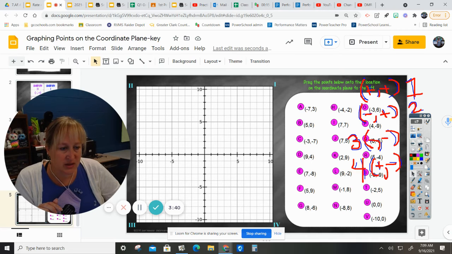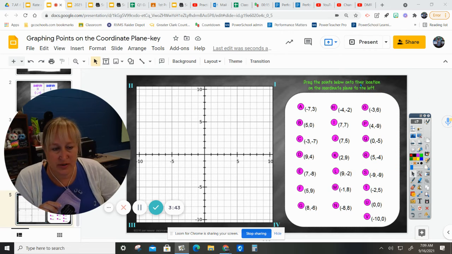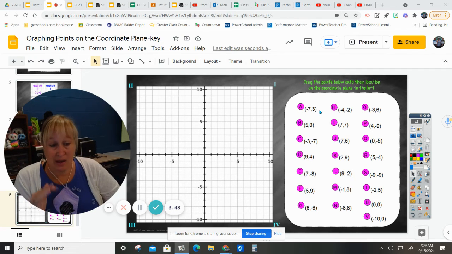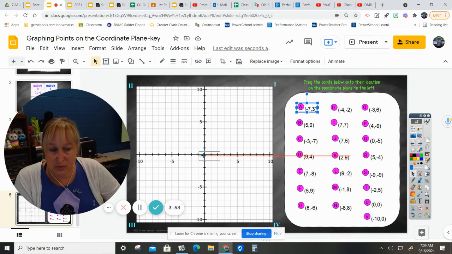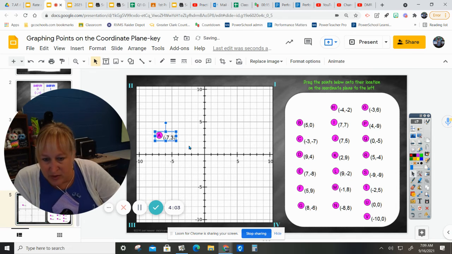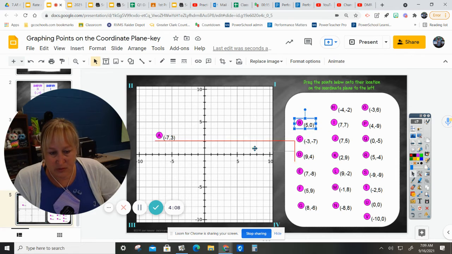Okay, so on this slide, we are going to drag the points to their location on the coordinate plane to the left. So we are simply reviewing how to plot points. So I'm going to take negative 7 and 3. The first number is negative 7, so I'm going to move back and forth to 7. And then I'm going to move it up to 3. Pretty close. I can use my arrows to get a little better. Okay. B is 5, 0. So the first number that I have is 5. So it is going to travel along the x-axis. And the next number, the y-coordinate is 0. So I'm going to drop that